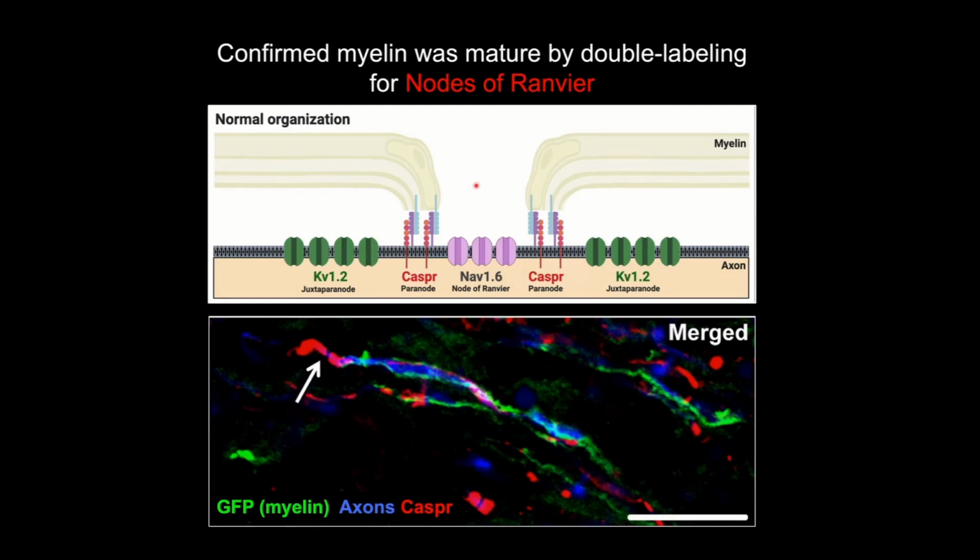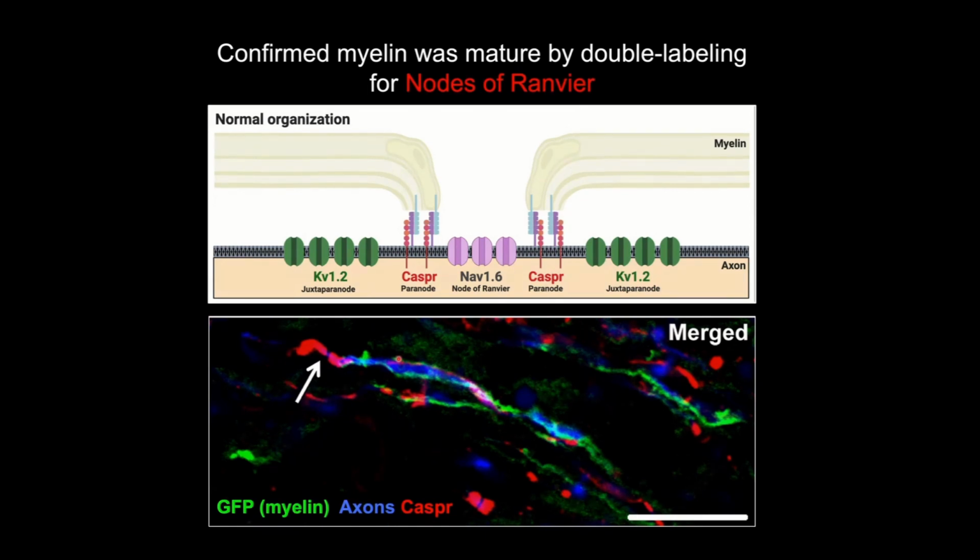And in fact, we did see that. We saw lots of examples of axons like this one here labeled in blue with GFP surrounding it. And then this GFP is ending in Caspr positive profiles, which is indicative of a node of Ranvier. So what we think happens with this axon is this side was myelinated by new myelin. This side is GFP negative, meaning that it must be spared myelin on this side. It's probably not unmyelinated, because otherwise the node wouldn't have formed properly. So this was an example indicating that the myelin that the new oligos were forming seems to be functional.